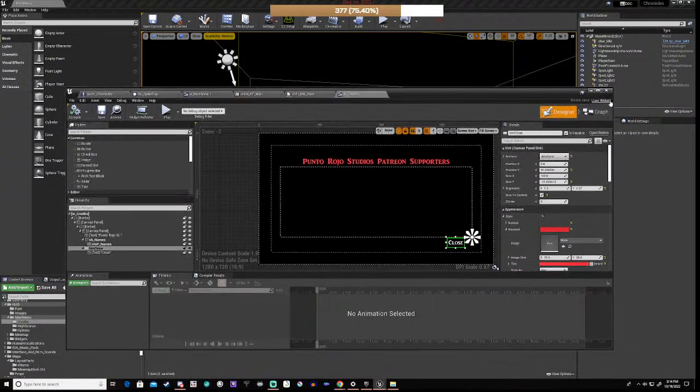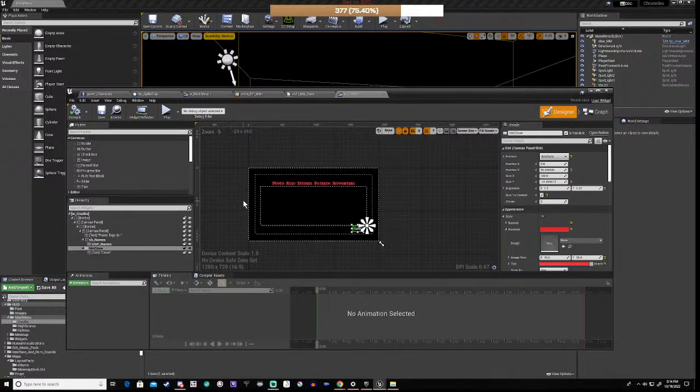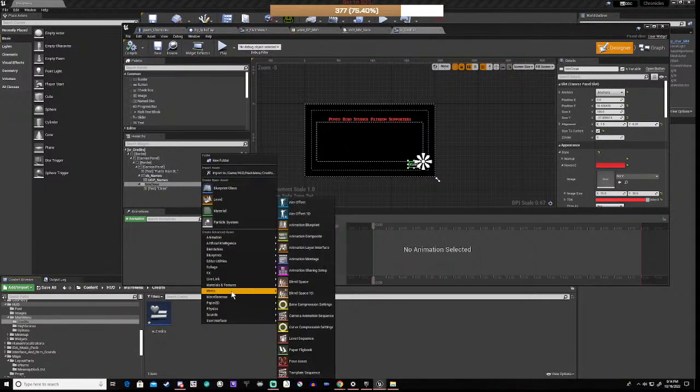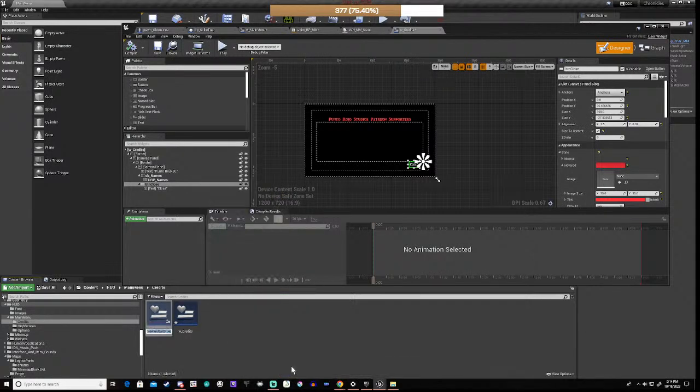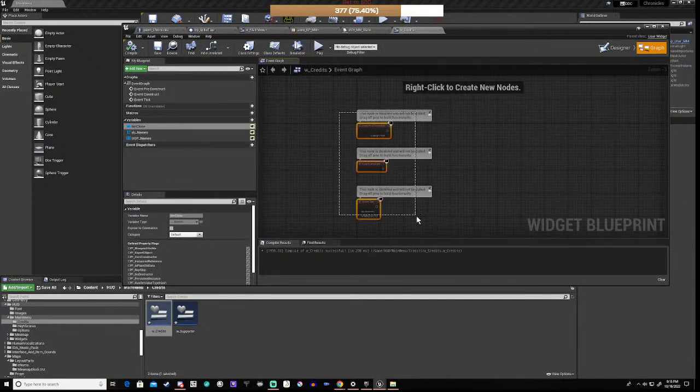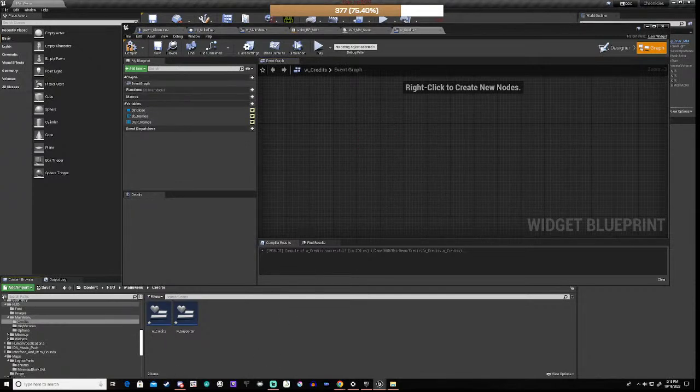Okay, and what we'll do next is, I believe we need the supporters one, but the supporters one is pretty simple anyway. I believe it's just a text box. You can see here that we've got scrolling stuff, so we're going to copy that if it's not already there, which it's not. So we can copy that, but we'll do that in a second. But what we need to do is